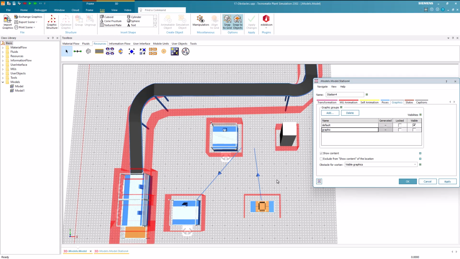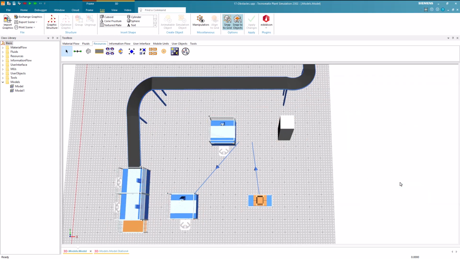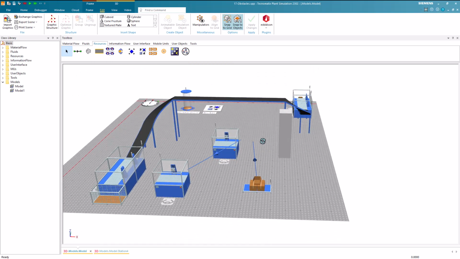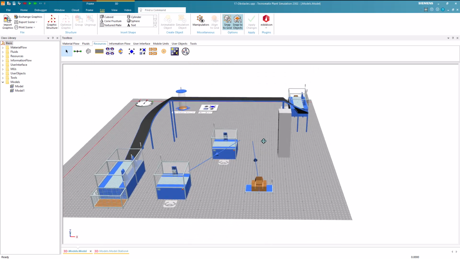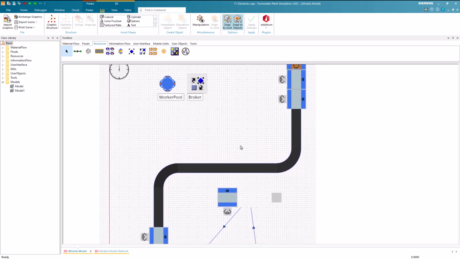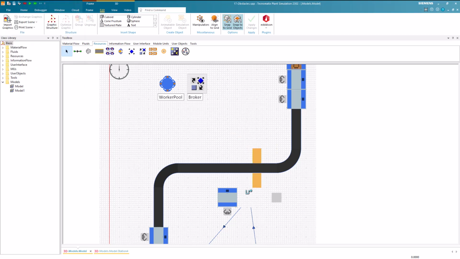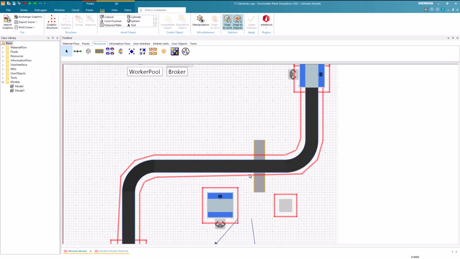You may have noticed in reality the worker would be able to walk under the conveyor. To make him able to do this, we can use a footpath. By adding a footpath, we can enable workers to walk through obstacles. So we are inserting a footpath under the conveyor. Make sure to insert it such that it starts and ends outside of the obstacle.